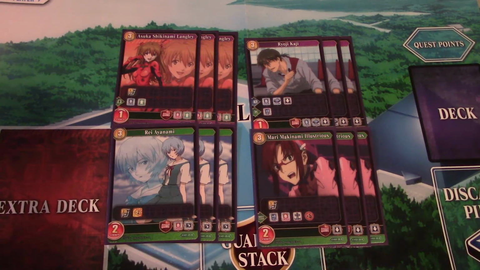So starting off, we've got a lot of 3 costs. We've got Asuka, who lets you replay your abilities. This mainly comes into effect when you get your EXs for the destroy effects. We've got Rei Ayanami, who's gonna help us get some leadership and play some of our big battlers for cheaper. We've got Ryoji Kaji, who lets us get stuff back from the discard, hopefully replay some effects and keep a lockdown on the game. And finally, Mari Makinami, who really just is a 3 cost and a